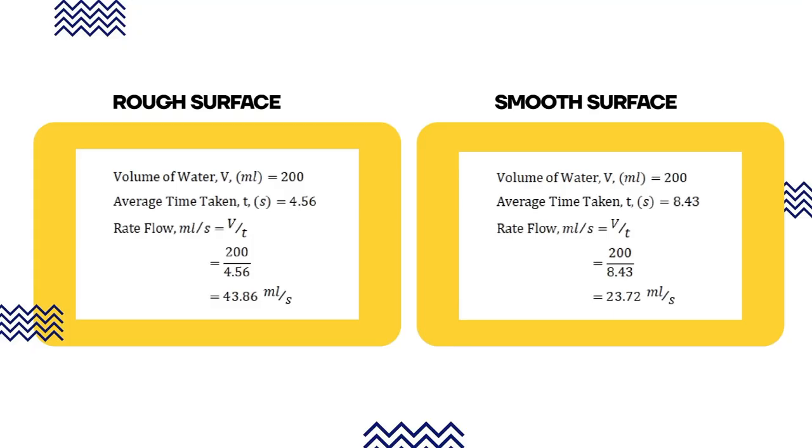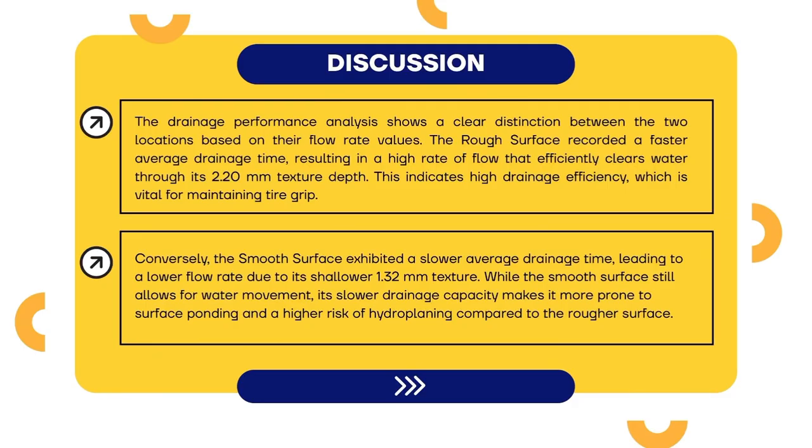This is the comparison result between the rough and smooth surface. The rough surface shows a higher flow rate than the smooth surface. This is because the rough surface has a higher texture depth compared with the smooth surface, which means that it allows water to drain more quickly. The drainage performance analysis shows a clear distinction between the two locations based on their flow